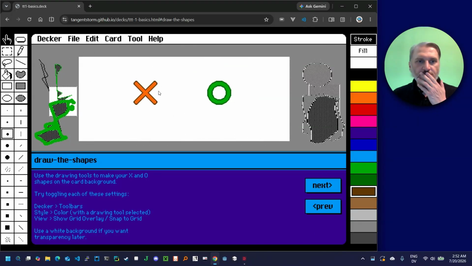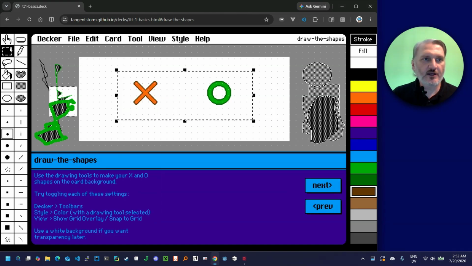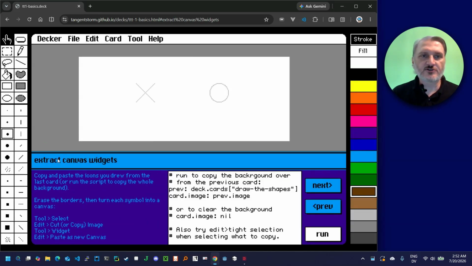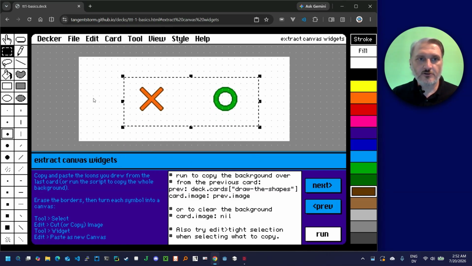And then when I click next, it will not copy these. I need to copy them manually. So I'm going to go ahead and edit, copy image. It copies widgets. It does not copy the background. So there we go. We're going to now do the work of extracting these and turn them into widgets. So edit, paste, you'll see what a widget is if you don't know yet. So it wants to use my clipboard. I'm allowing that. There we go. And notice that it's